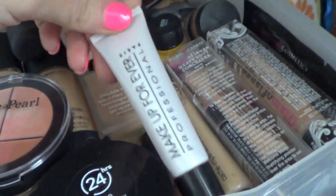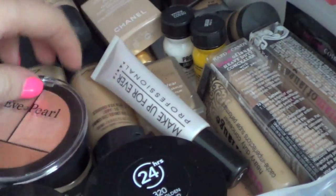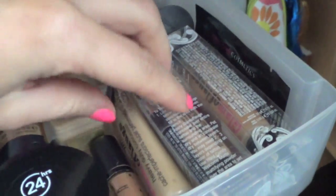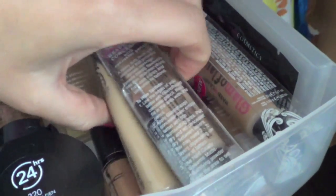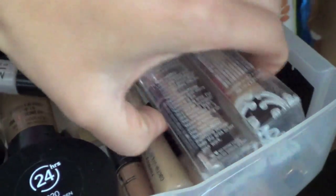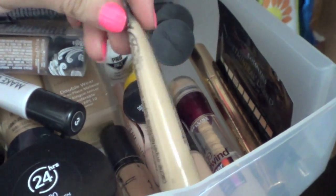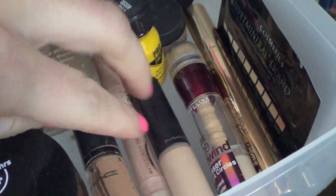And I have Makeup Forever concealer. I have my Eve Pearl concealer, which I've been loving, and I got that at IMATS on the weekend. And then I have my Hard Candy. I just bought these two yesterday. I need to take them out of the packaging, but they're the Glamouflage. I had the medium first. A Longwear concealer, one of these highlighting things,